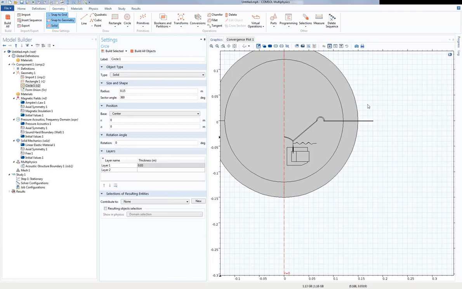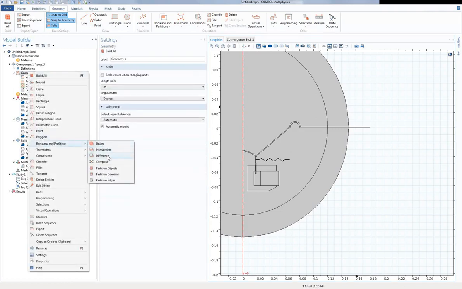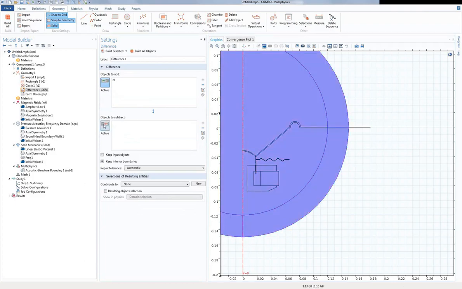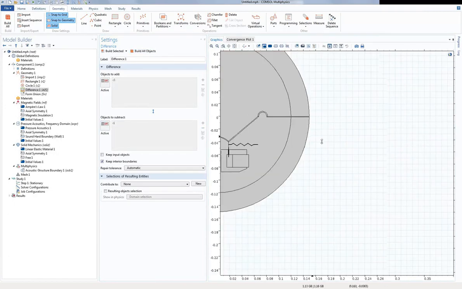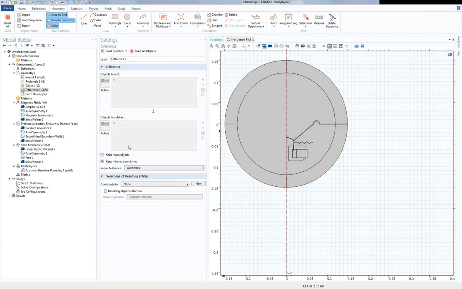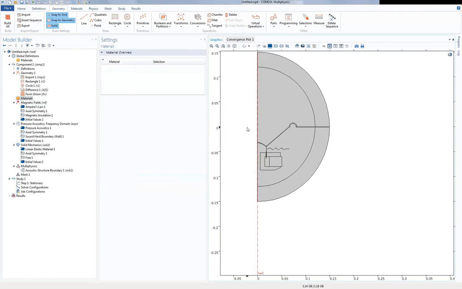fine mesh. Now we'll consider this baffle to be perfectly rigid. So we can model it as just a sound hard surface. Since there isn't going to be anything relevant happening inside the baffle, we can choose to remove it entirely from the geometry. And I'll do that by constructing the difference between the air domain and the baffle. If I hit build now, you can see that the baffle will disappear from the geometry. Now this concludes the geometry. I'll click somewhere outside of the geometry, like here, and as you can see, all that remains is the right-hand